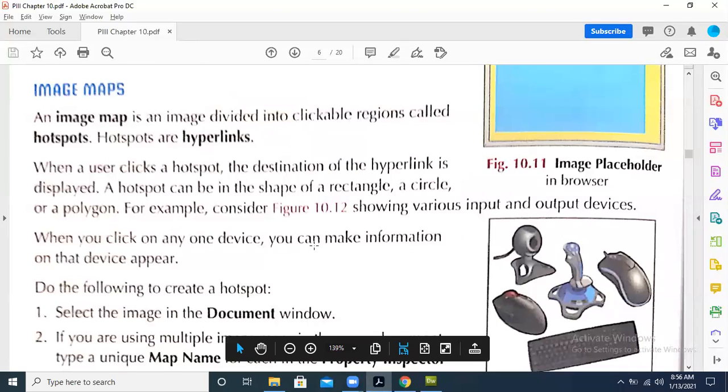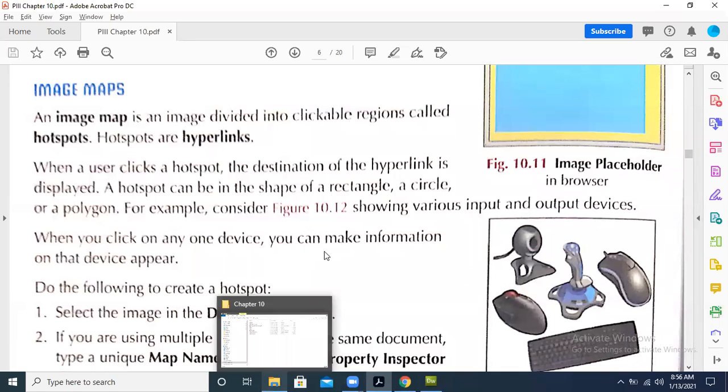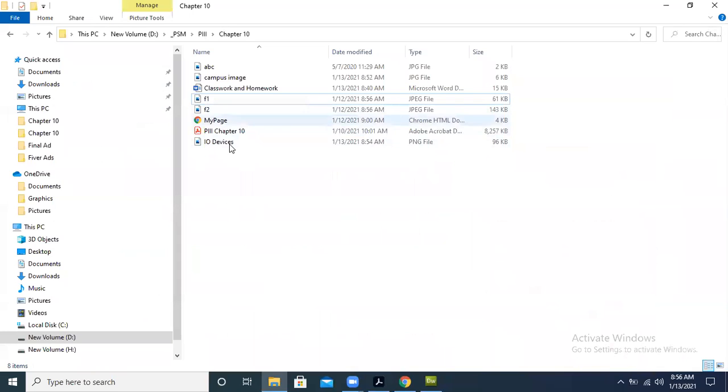When a user clicks a hotspot, the destination of the hyperlink is displayed. A hotspot can be in the shape of a rectangle, a circle, or a polygon. For example, consider this figure, as I have also given you the example by downloading this image of the IO devices.